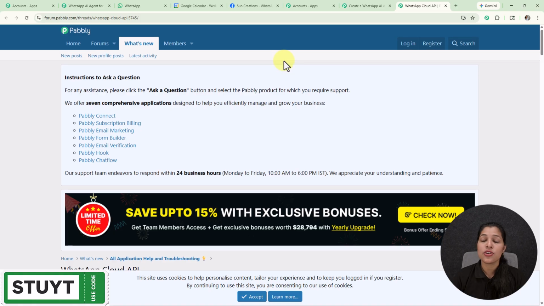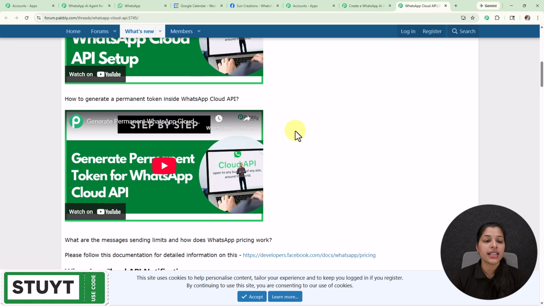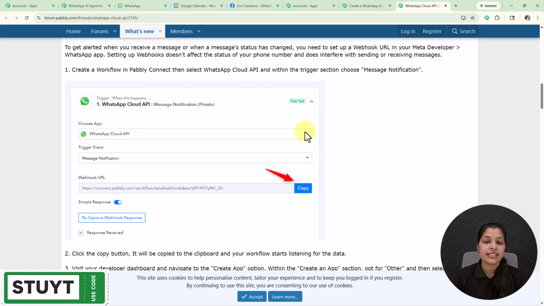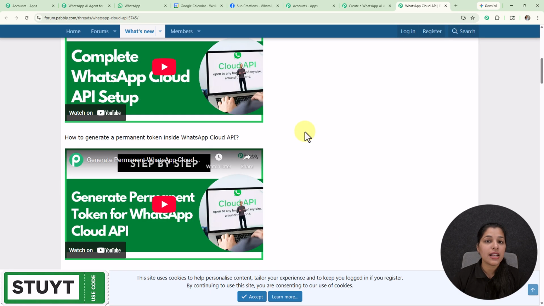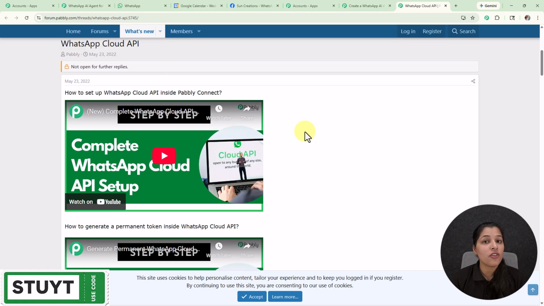And here you can see this documentation contains the videos for setting up your WhatsApp Cloud API inside Pabbly Connect and for generating the permanent access token. So you can follow these steps as well. But now let me show you how to get it. So for that, let's move on towards my API setup page, as I have already connected my WhatsApp Cloud API